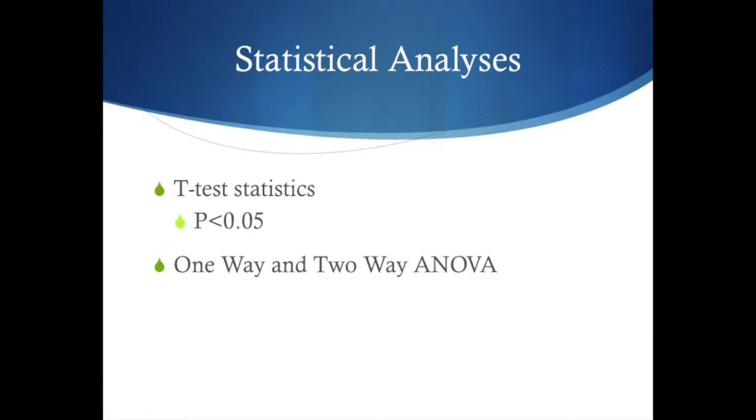Statistical analyses were performed to compare the two groups. T-tests were done in order to test for the difference between the AP accumulation between two groups with the inhibitor and without the inhibitor. The null hypothesis was that the two values would not differ, and since the p-values were calculated and came out to be less than 0.05, we were able to reject the null hypothesis that they do not differ, meaning that there is a very good chance that they do differ. One- and two-way ANOVA tests were used